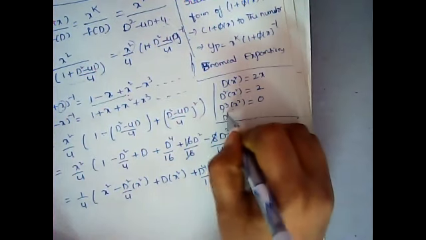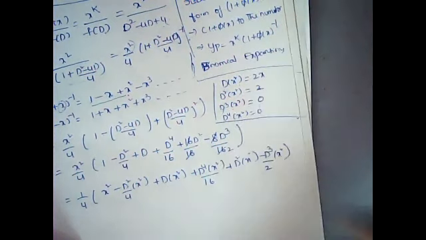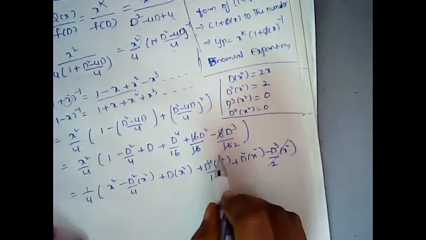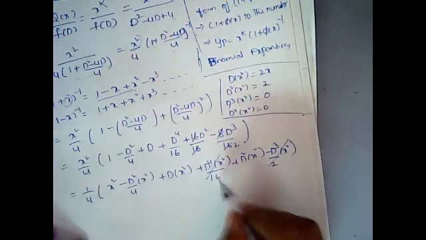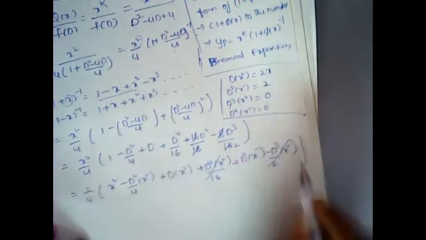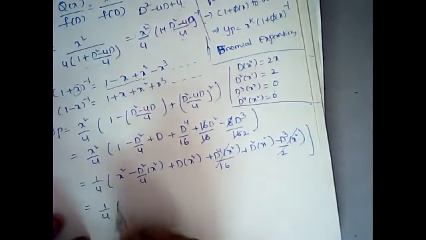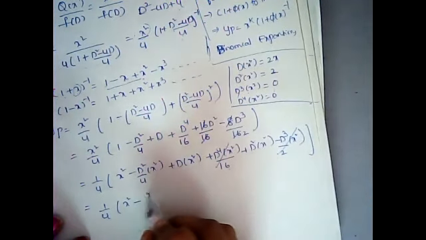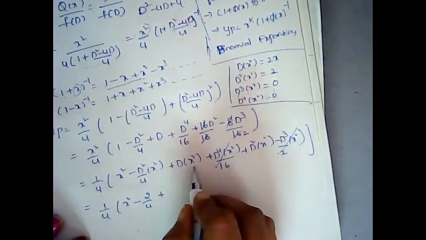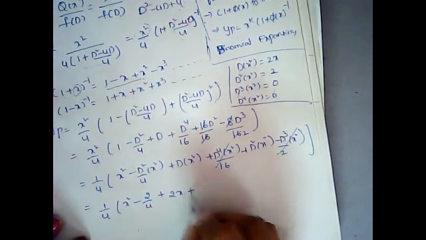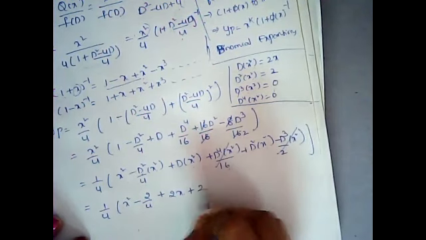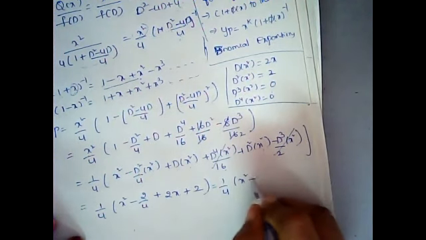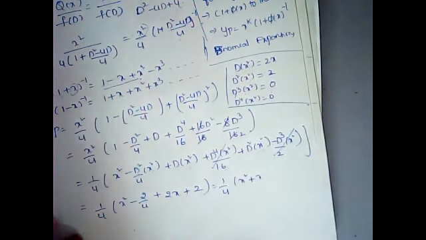Triple and fourth time of derivation will be always equal to 0. Now, means triple derivation will be equal to 0 here, and fourth derivation will be equal to 0. So neglect these two terms here, okay, and solve the remaining terms. So 1 by 4 x square minus double derivative of x square is nothing but 2. So 2 by 4 plus derivation of x square is nothing but 2x plus double derivation of x square is nothing but 2. Okay, now solve these here. So 1 by 4 x square plus 2x, and here 2 plus 1 by 2,